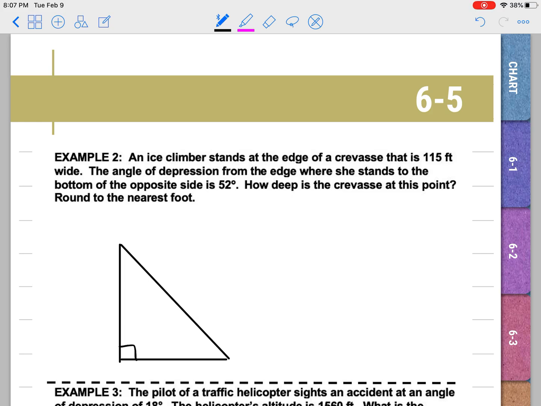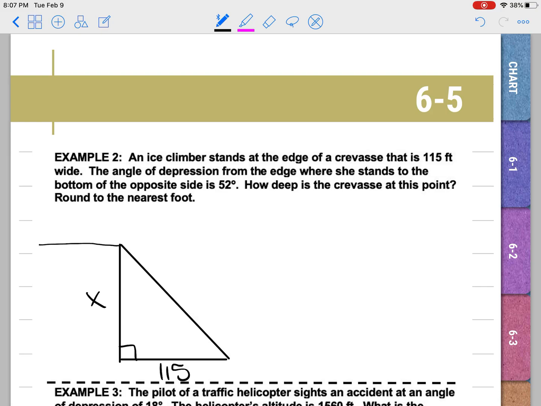Let's go with some words that we understand here. We know that wide is width, that's our horizontal distance. So we know the 115 would go here. We know it's asking for how deep it is. So deep is a vertical distance, so we're looking for this side. And so if we think about this in terms of what it's saying with the ice climber, we know that